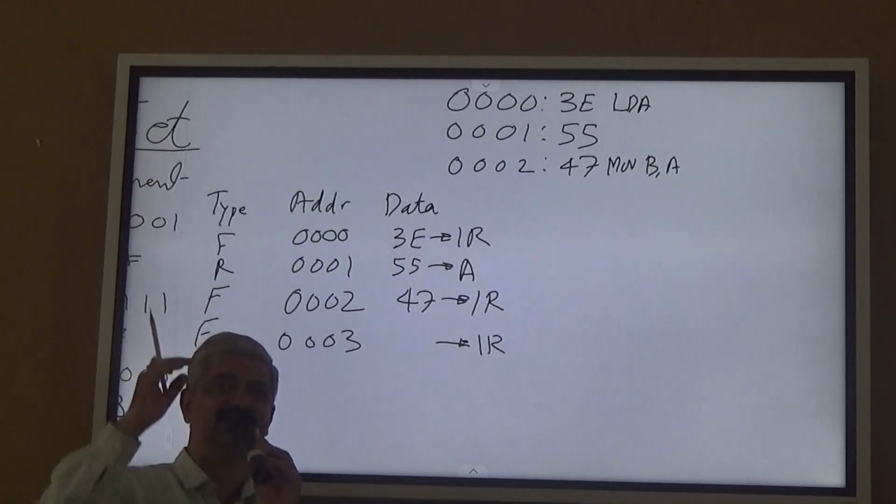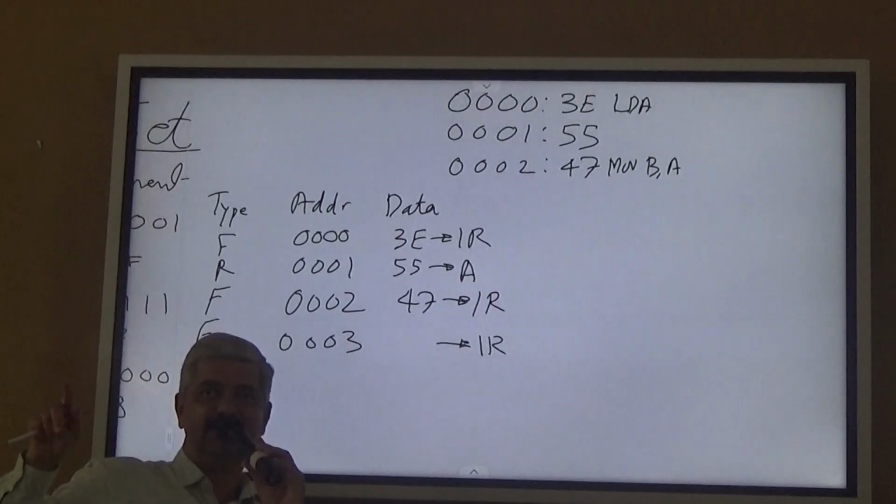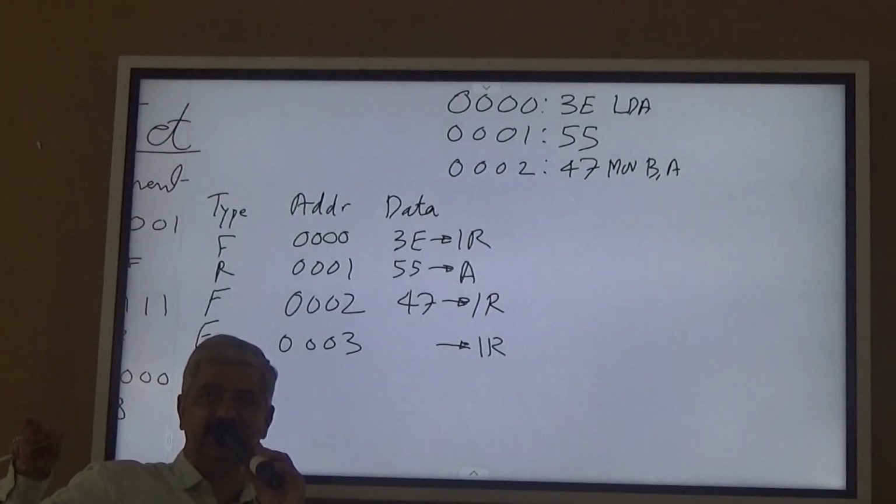MVI A was how many byte instruction? 2 byte. Destination is the accumulator, inside the processor. Source